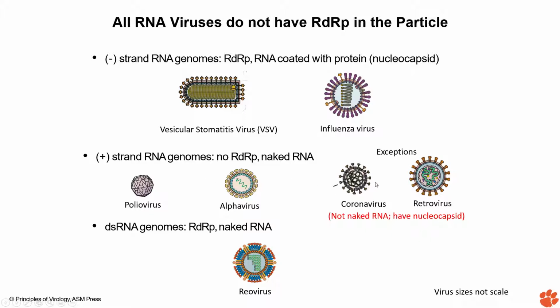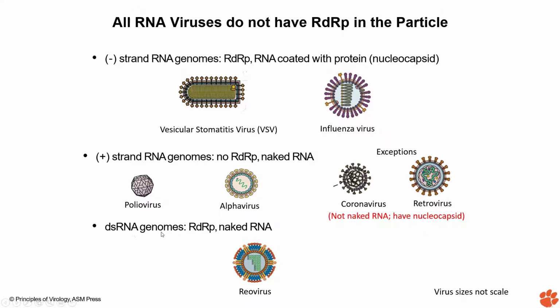Coronavirus is also a plus strand RNA genome that is very, very large, and that is coded with a nucleocapsid. Whereas the retrovirus is also a plus RNA, but we are not going to discuss retrovirus here because that will be your RNA-directed DNA synthesis. The retrovirus is a separate chapter at the very end. But they also have a plus strand RNA, which is coded.